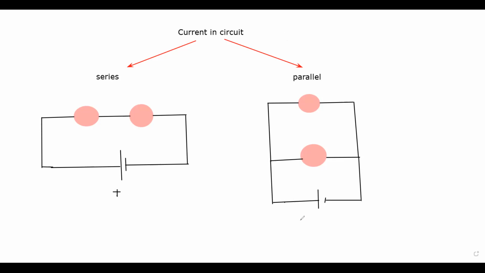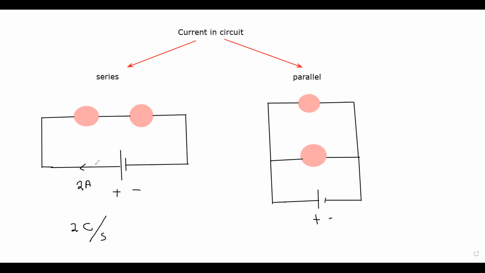So we have a positive and negative terminal. Whenever we show the direction of the current, we always take the conventional current, which is from positive to negative. Even if they do not mention it, you have to always consider the conventional current. Now, what is the meaning of 2 ampere? It means 2 coulomb of charge is moving in 1 second. That's the meaning of 2 ampere.